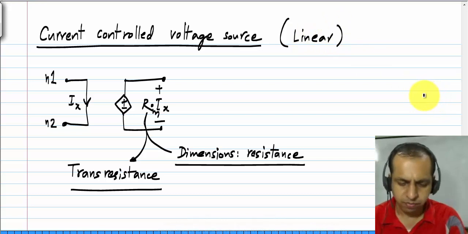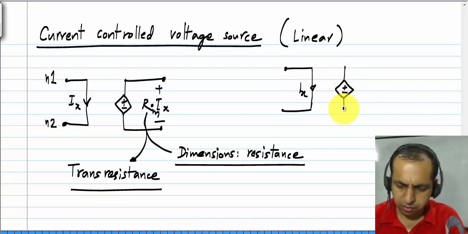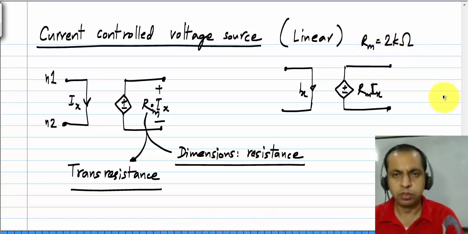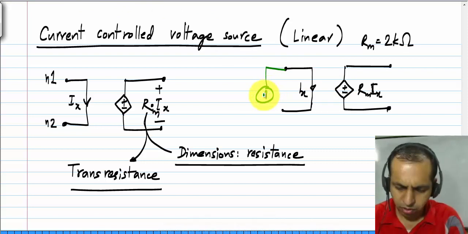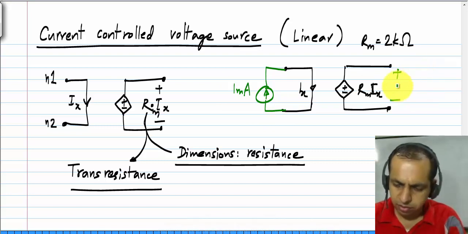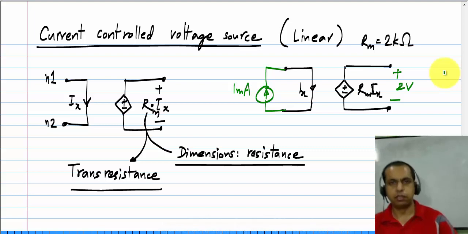This is indeed linear. And what does this mean? It means that, so let's say we have a control source defined like this, with Rm being, let's say, 2 kilo ohms. So that means that if you connected a 1 milliamp source like this, you would measure 2 volts across these terminals. Okay. Now the input branch, which is really a short circuit, can be placed anywhere in the circuit to sense the current. Okay. For instance,